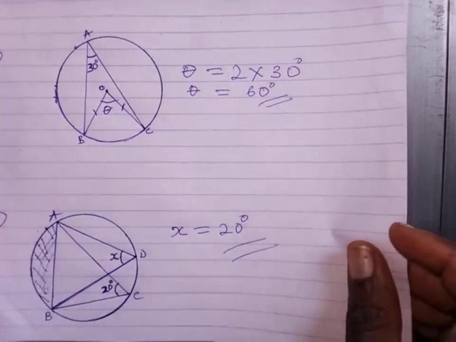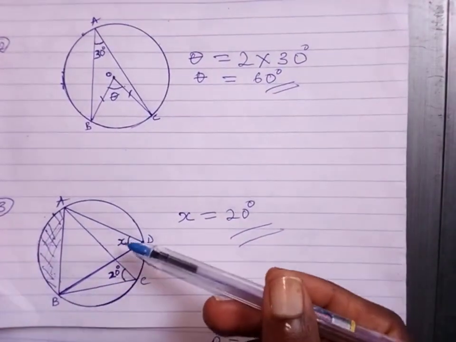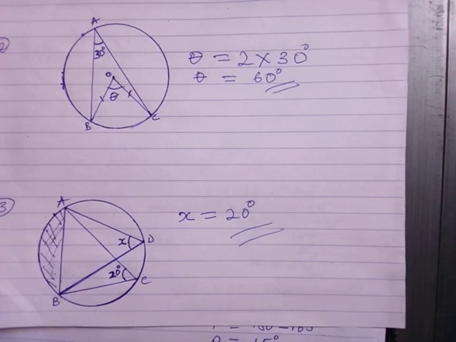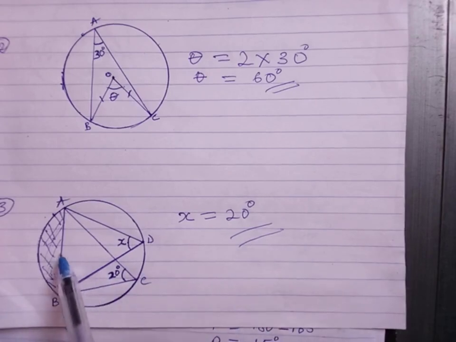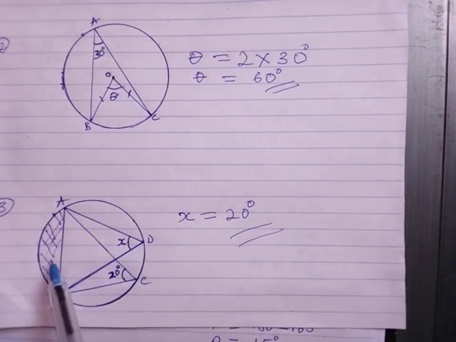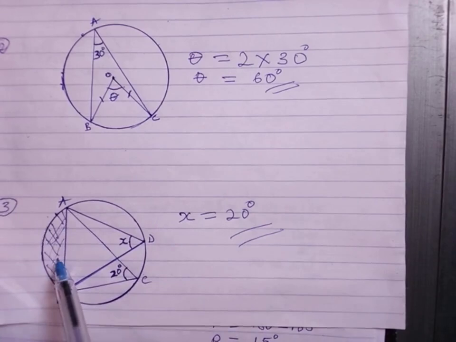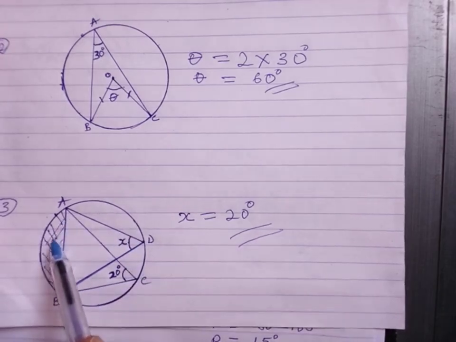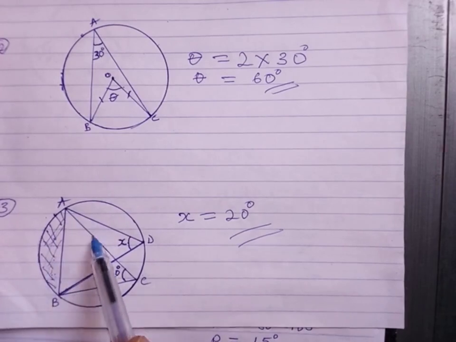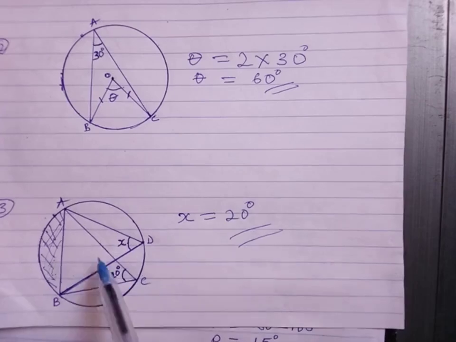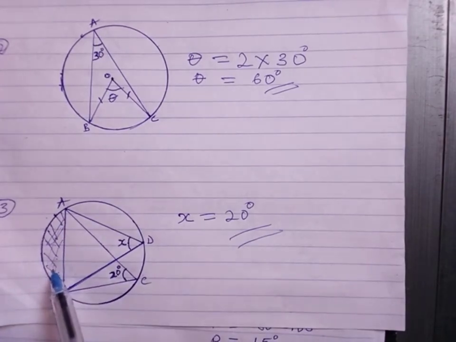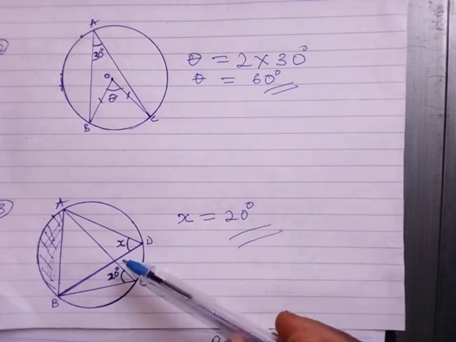Then we'll move to the last diagram, which is this. We're asked to find the value of x. And what theorem did we apply? We apply theorem 5, from our previous lesson, which states that when you have angles coming from the same segment, this is the segment, this angle that is formed here in this very triangle is coming from this segment. Likewise, this very angle here, which is formed in this very triangle, that's angle 20, is coming from this same segment. So when we have a case like this, the law says that the angle that is formed here